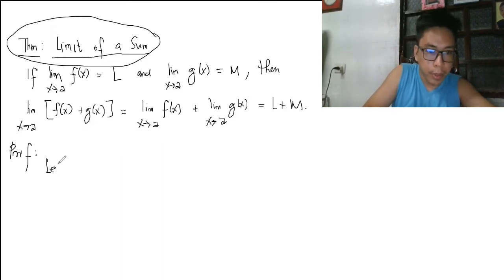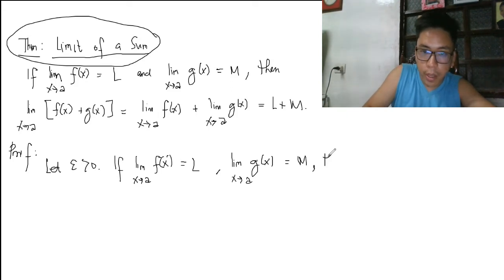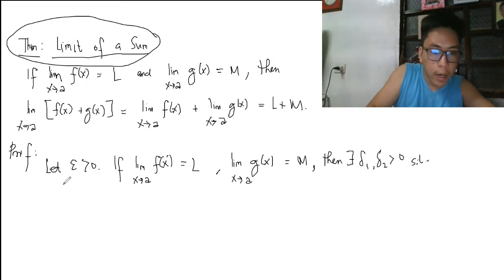So let epsilon be greater than 0. Remember, if the limit of f of x as x approaches a is L, and also the limit of g of x as x approaches a is M, then of course there exist delta 1 and delta 2 greater than 0 such that